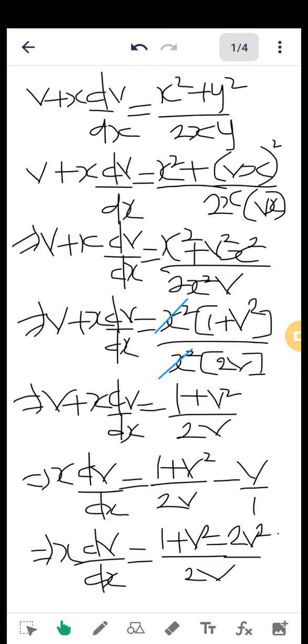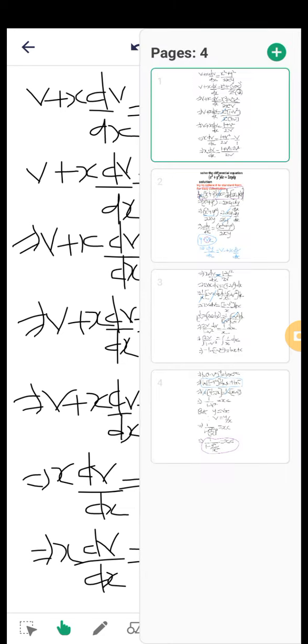numerator, getting this, and the 1 2 will go into 2v multiplying v, we are going to get minus 2v squared. Okay, so